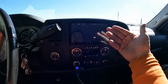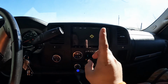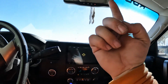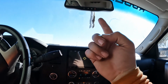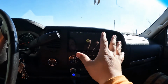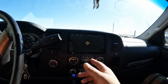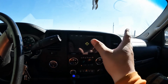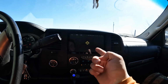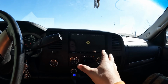Now this is your backup camera. Now, this is something I'll look into in the future and let you guys know for sure. I believe, because mine comes stock with the camera in the mirror, so my screen is right here for my camera, it will not show this. Now I think, and I haven't checked into it too much, but I think I can buy the harness and have my backup camera directly to this. So it does have inputs on the back, if you watch my previous video,